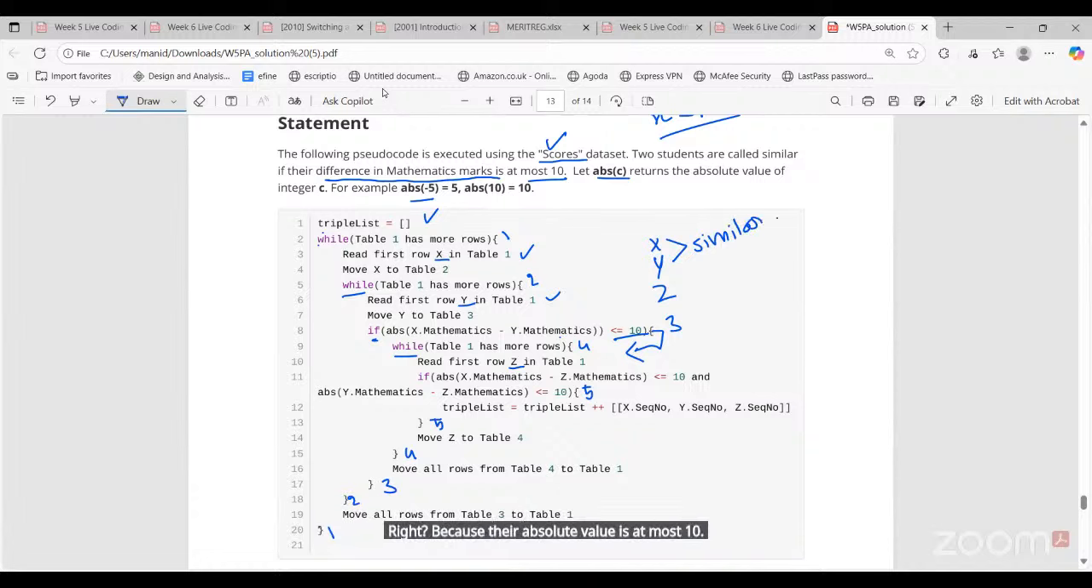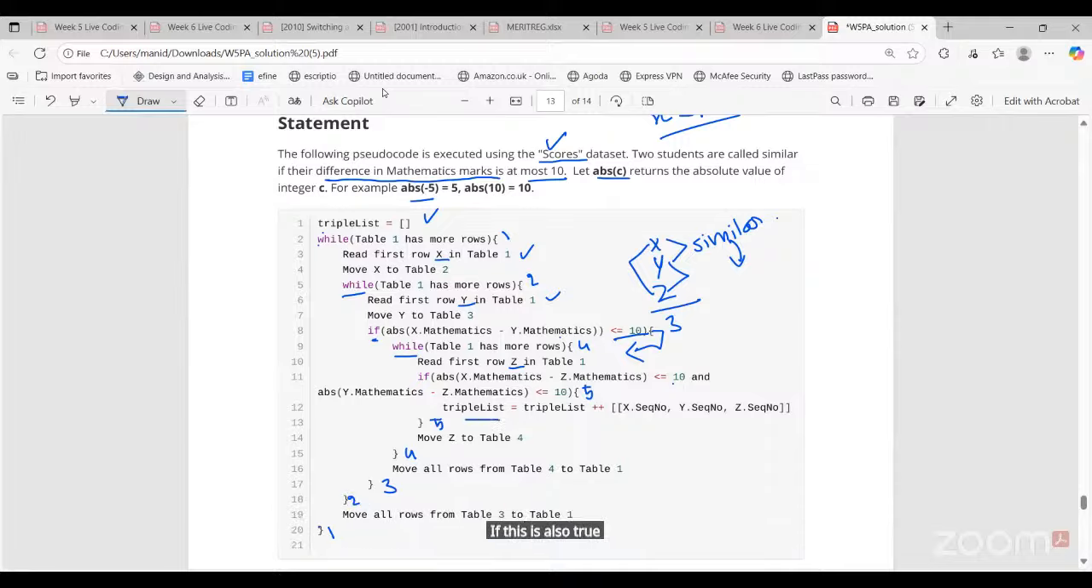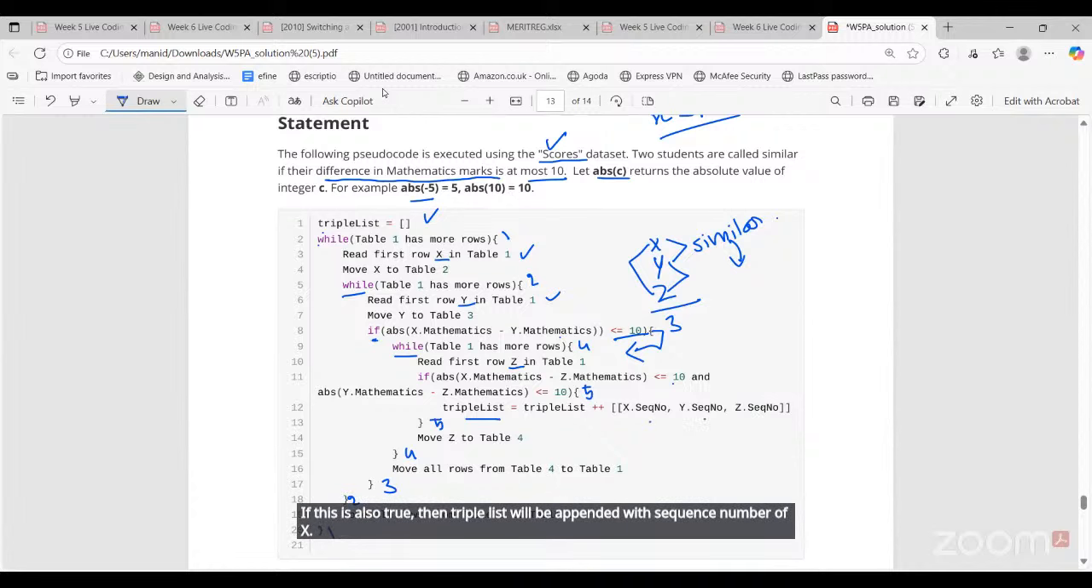Now I have entered another nested while where I have picked up the card Z. Now I am checking if X and Z are similar. So if the absolute value of the difference of X and Z maths marks is at most 10 and Y and Z maths marks is also at most 10, that means I'm trying to check if X, Z are similar and Y, Z are similar. If this is also true, then triple list will be appended with the sequence numbers of X, Y, and Z inside